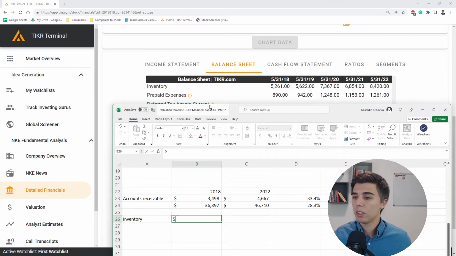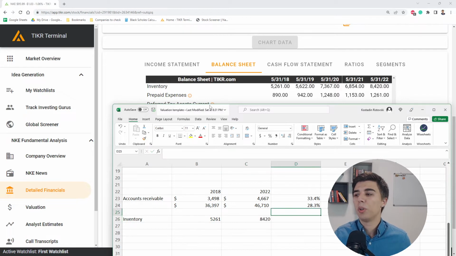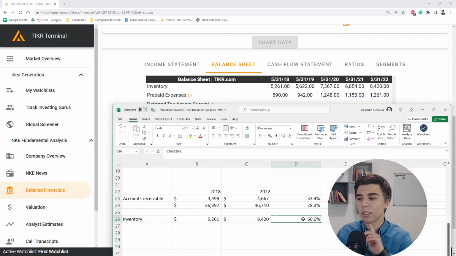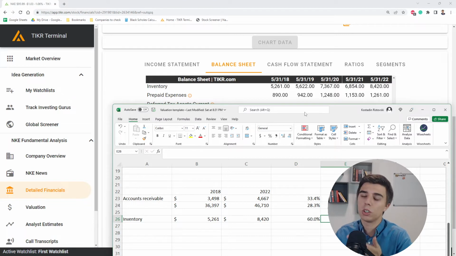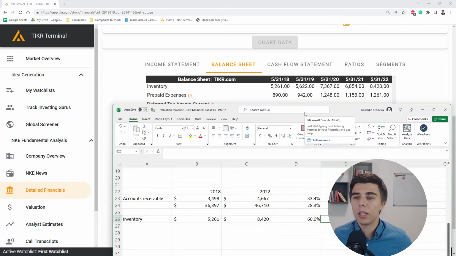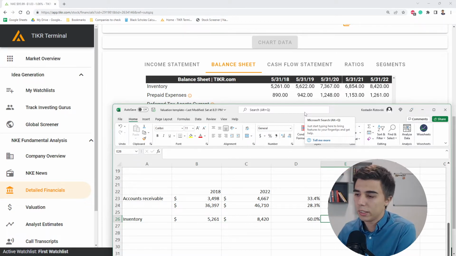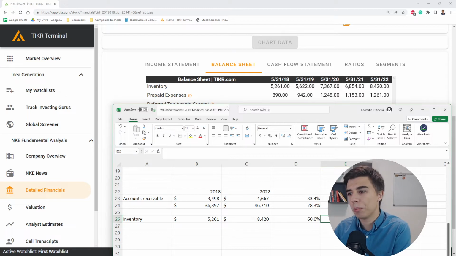So what we have is 5.2 billion in inventory, growing to 8.4 billion. So we have an increase of 60% of the inventory balance. And this is not great. This is not great. So if I'm valuing this company and I'm creating a video for you as a casual valuation, this would be one point that I'll note, because a 60% increase is, in my opinion, a bit more than